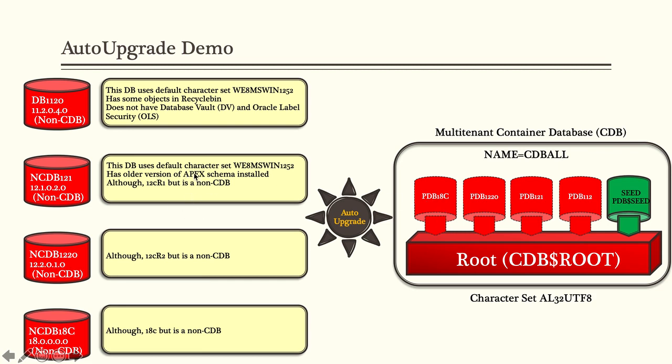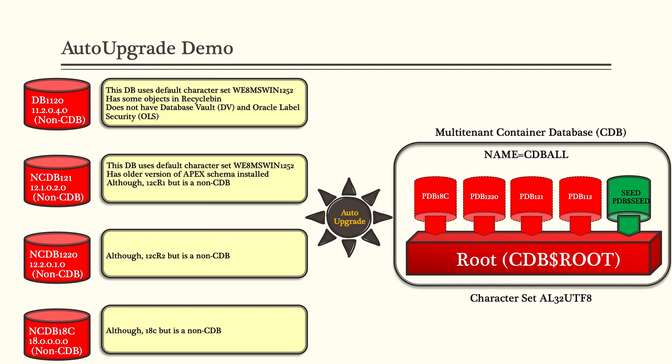I have deliberately induced some points which I would like to address, like the Apex schema. As you know, in 11g, when you create an 11.2.0.4 database, the Apex schema gets created, version 3.2. When you create a vanilla database using DBCA on 12c Release 1, the Apex schema automatically comes. Even if you don't need it, it will come and sit in the database. The version is 12.2.6 something. But starting from 12.2, no Apex schema is installed by default.